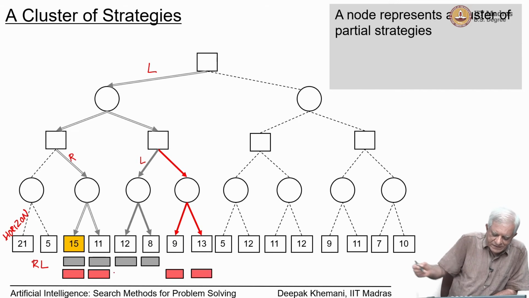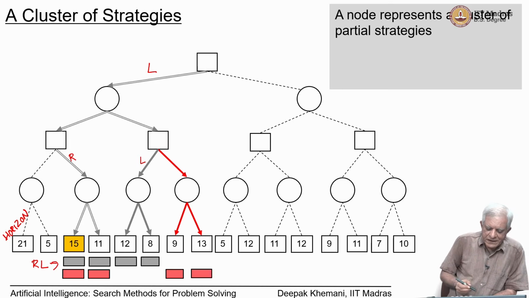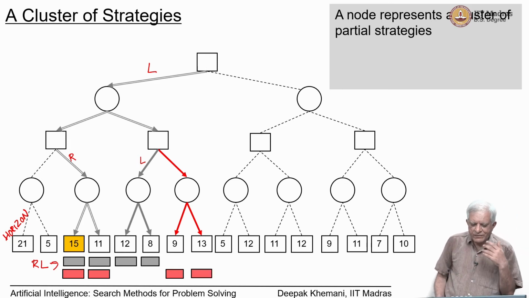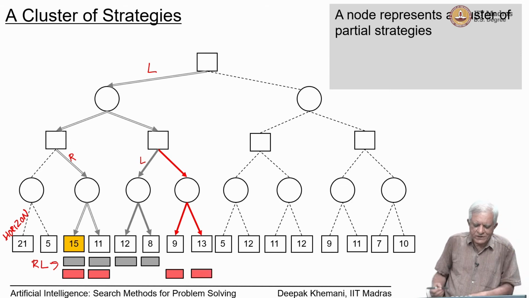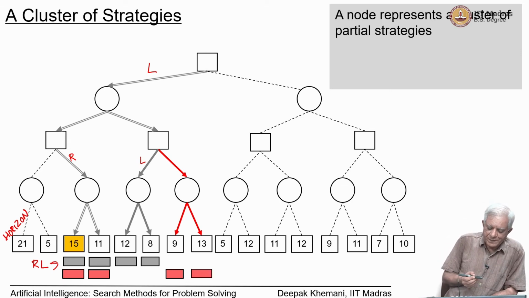If that is the case, then the leaf nodes in that strategy, there are 4 leaf nodes, are the ones shown in gray here, 15, 11, 12 and 8. So, if max chooses this strategy, L, RL, let us call it. So, this RL is below and L is at the top. If max chooses the L, RL strategy, then the 4 leaves are 15, 11, 12, 8 and min will drive the game towards 8, as you know, because it is min who decides what happens after max has chosen the strategy. But what we are trying to point out here is that